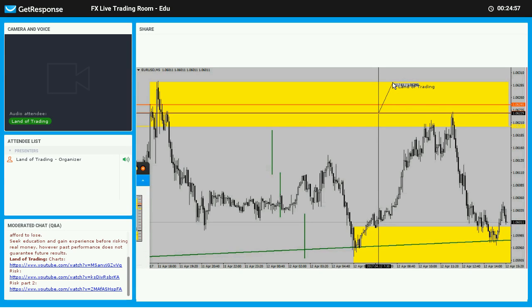So that's the 6, plus 1, 7, plus 2, 9. So we need 27. Is it okay? No. Looks like still it wasn't okay. Okay, but it was closer. It was closer. So hopefully you get the idea how to use the demand or supply zone from higher time frame and going into the smaller time frame,